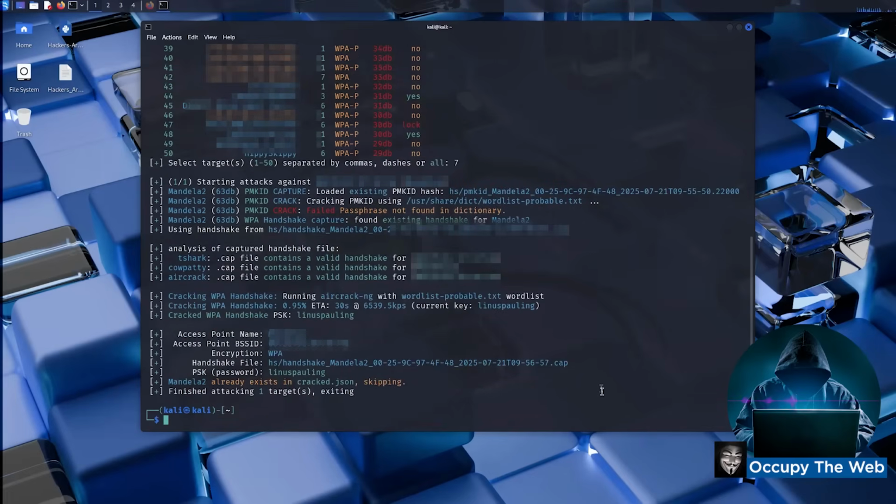See how sweet this little application is? So it went ahead and started the attack on Mandela. It went and used PMKID. PMKID is a relatively new attack where it basically is able to extract the hash out of the AP itself, right? That's what it did here. And it actually got it. It got the hash. It went ahead and tried cracking it, okay? Then next it went ahead and tried the